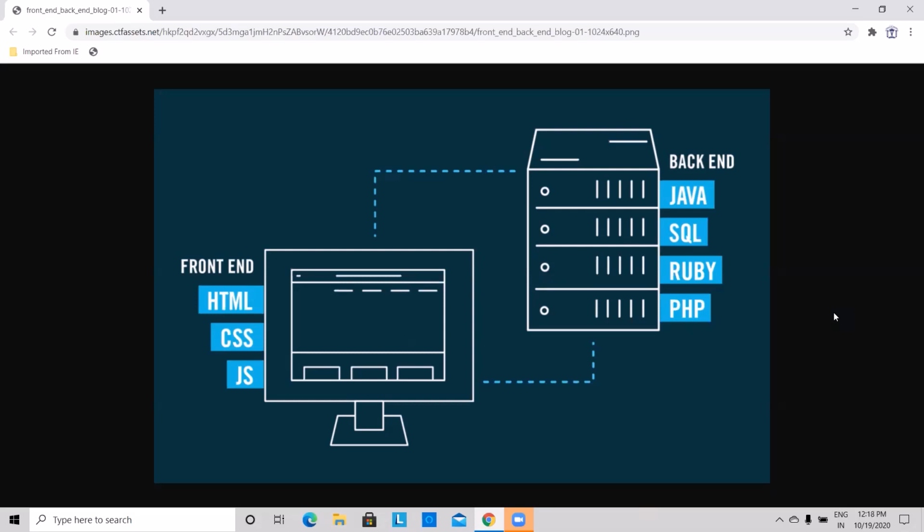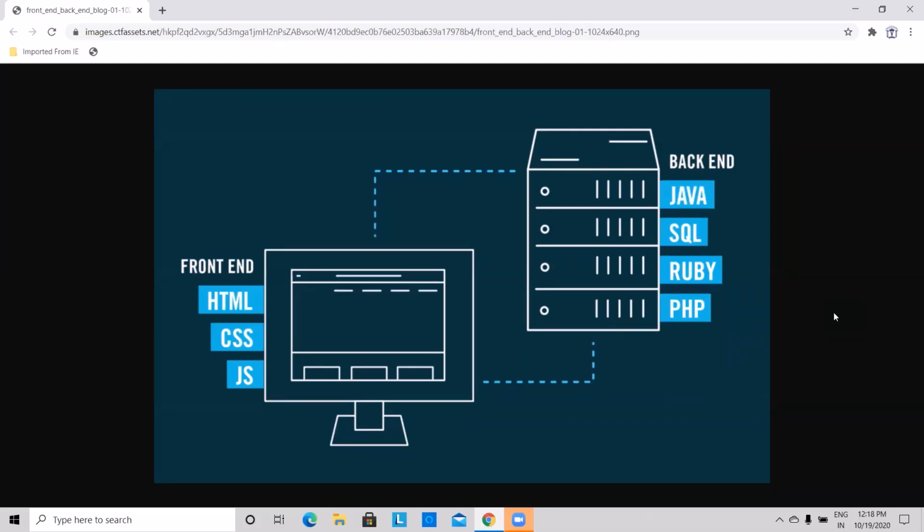The front end can be created with the help of HTML, CSS, JavaScript, Java, C++, these types of programming languages. So here we can build the front end, which we call GUI. And in the second part of the diagram, you can see the backend. Backend is generally a database management system which can be created with SQL. So today I am going to show you how we can connect Java front end with the MySQL backend.